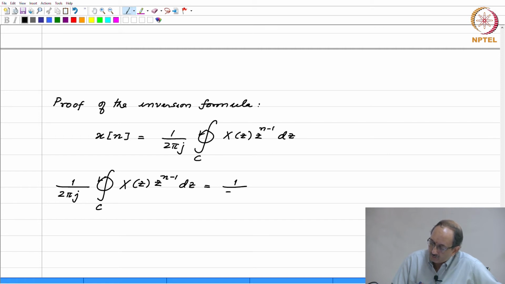So, this is nothing but 1 over 2 pi j integral over c. Now, instead of x of z, we will write this as